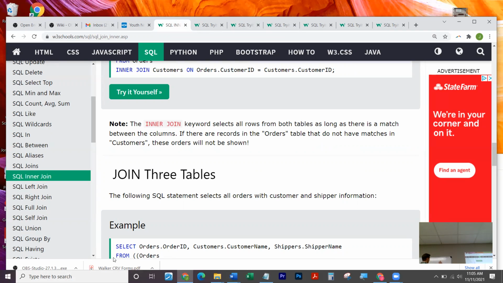Read through inner join on W3 Schools. All right, and